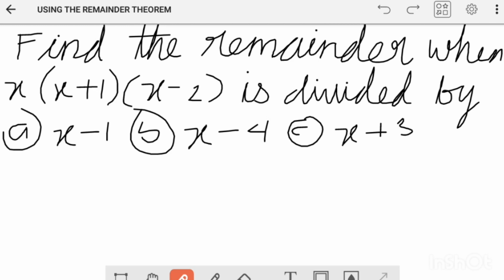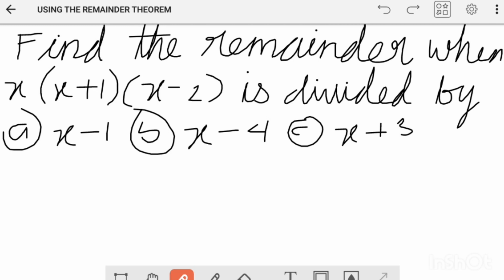Today I will be explaining how you can use the remainder theorem in solving some problems as far as a polynomial is concerned. Now, looking at the question on the screen, which says: find the remainder when x multiplied by x plus 1 multiplied by x minus 2 is divided by x minus 1, x minus 4, and x plus